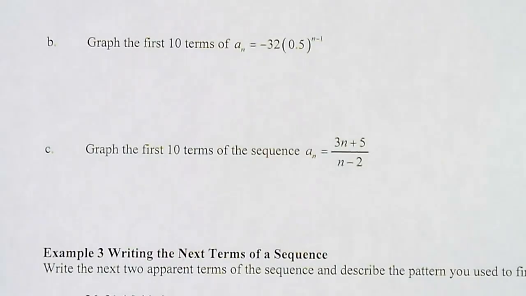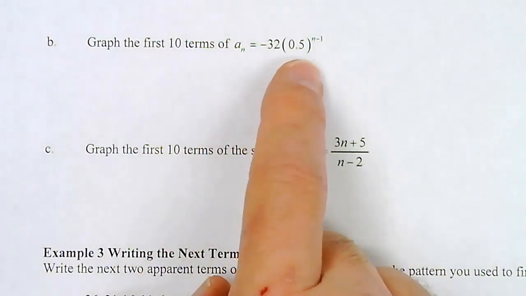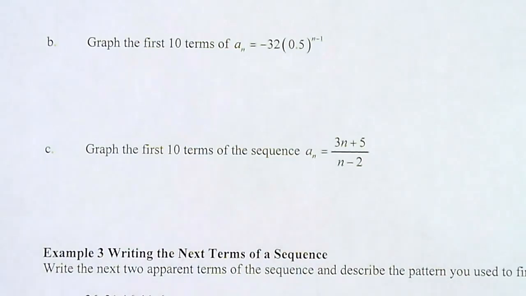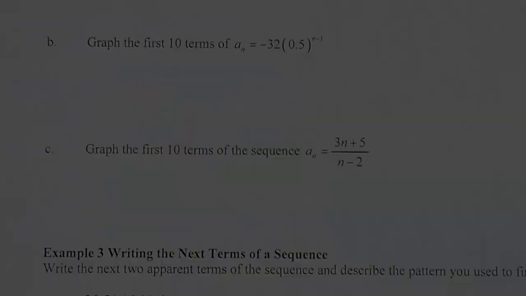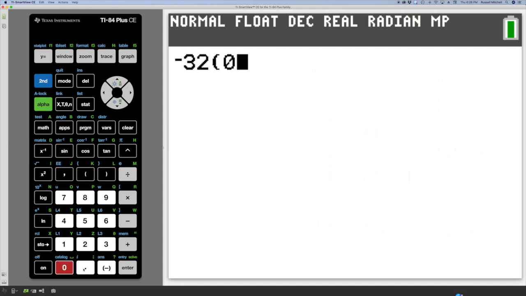Okay. Next, let's graph the 10 terms of a sub n is equal to negative 32 times 0.5 raised to the n minus 1 power. So let's go to our graphing calculator, and I'll show you how to do that. Next one, we have a sub n is equal to negative 32 times 0.5 raised to the n minus 1 power. So one thing you can do is put in the first value and just see where we're going to land. So negative 32 times 0.5